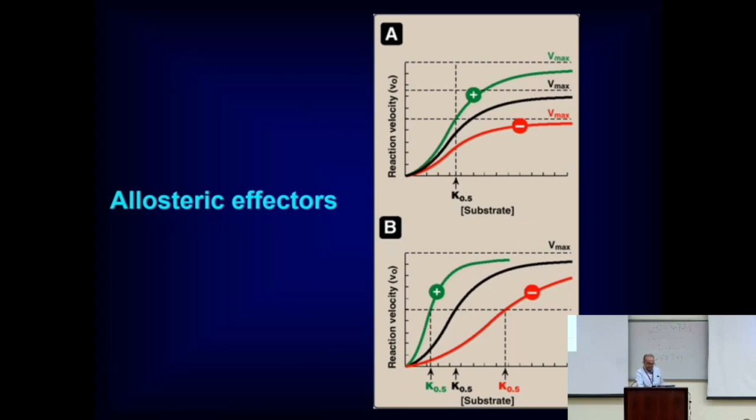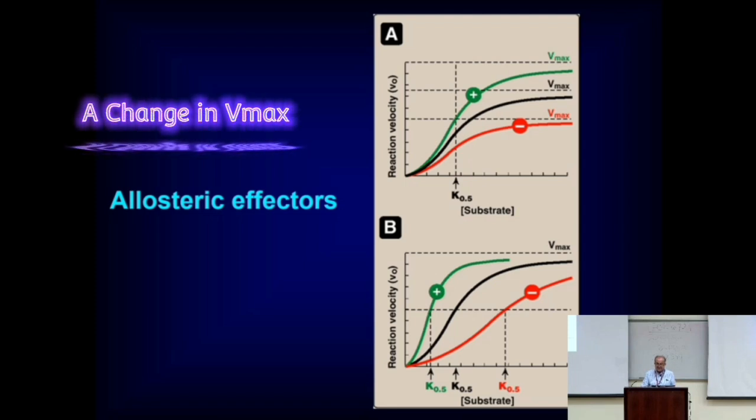So how are allosteric enzymes regulated? There are two ways you can regulate an enzyme allosterically. I'm going to start here with A. Here's an allosteric enzyme. Again, you note this S-shaped curve. They all have an S-shaped curve. If you add a small molecule that binds to an allosteric site, a site other than the substrate binding site,